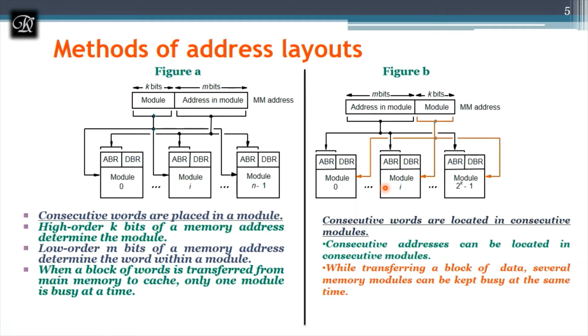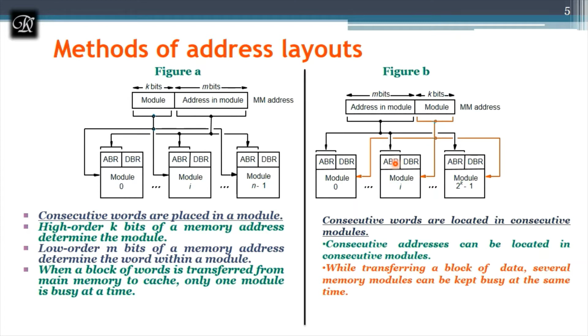The second model is a more effective way of addressing the modules in the given memory. This model is called the interleaving model. The low order k bits of the memory address select the module, and the high order m bits name the location within the module. In this way, consecutive addresses are located in successive modules. Thus, any component of the system that generates requests for access to consecutive memory locations can keep several modules busy at any given time. The result of this is improved performance of the computer.